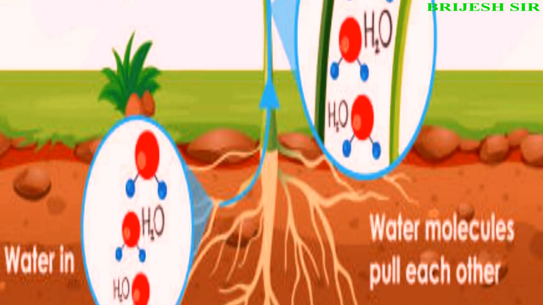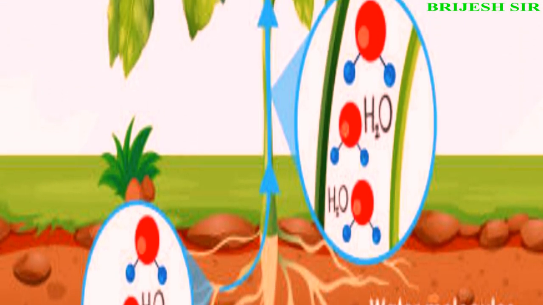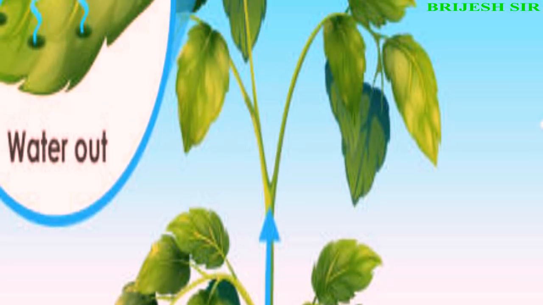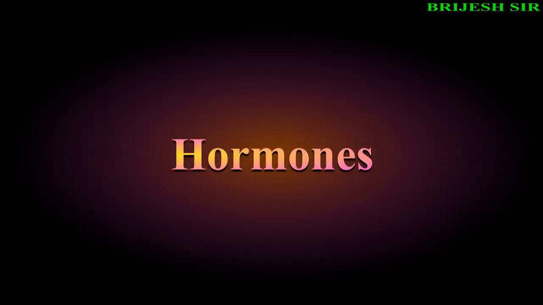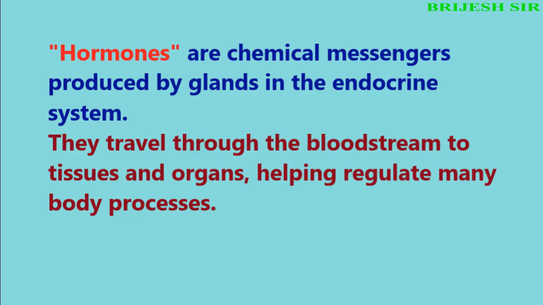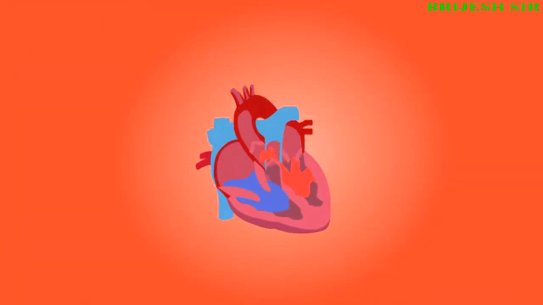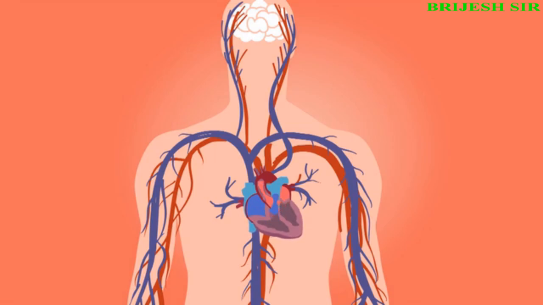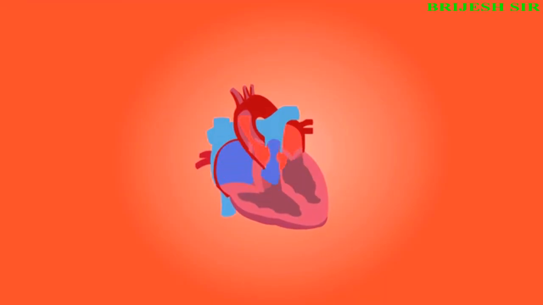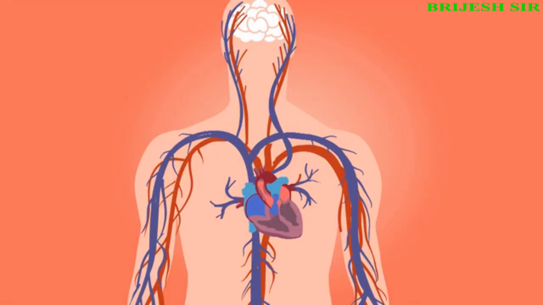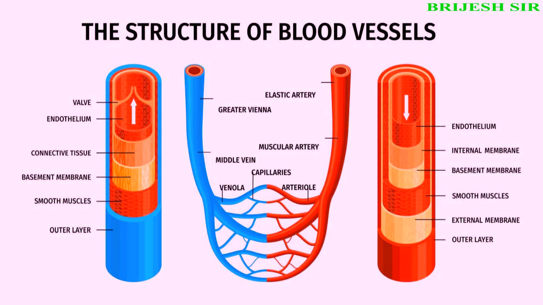In plants, water is absorbed from the soil by roots and transported through the plant. Hormones are chemical messengers made in specific regions but transported to where they act. In humans, transportation happens through the circulatory system, a complex system involving the heart, blood, and blood vessels. Heart, the pump; blood vessels are arteries, veins, and capillaries.